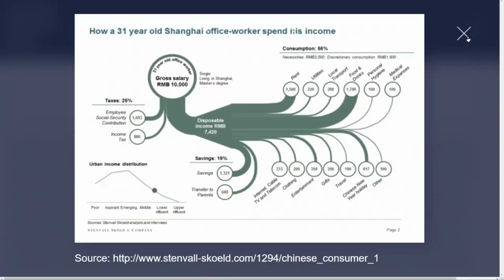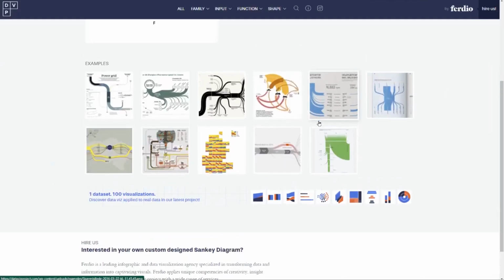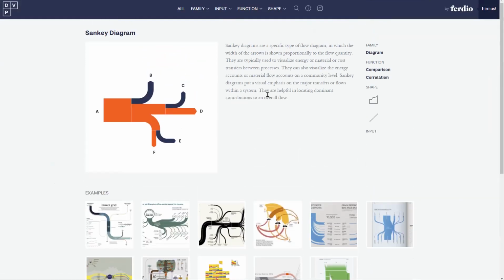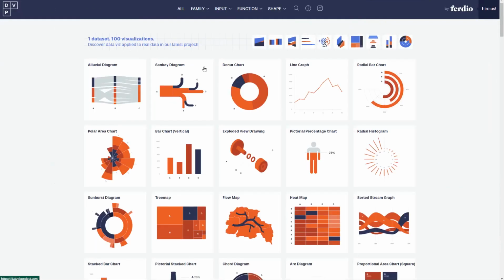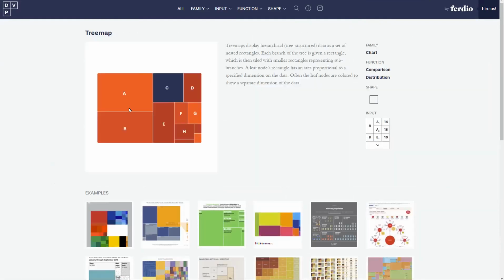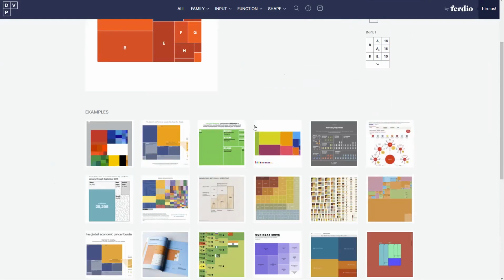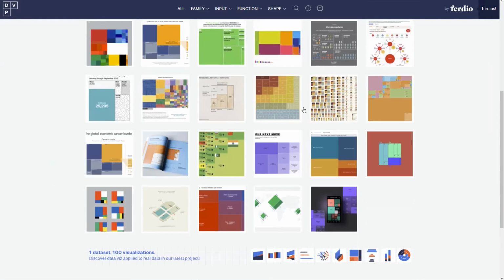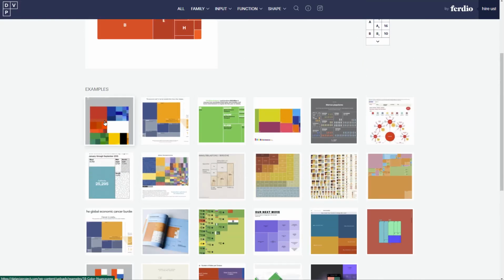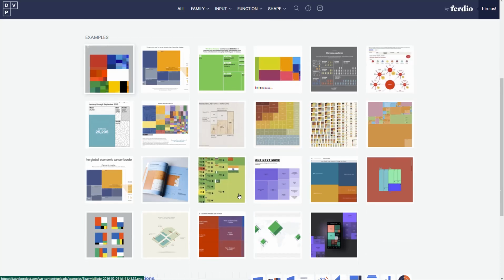Right. So these examples here, you can use to determine if this is the diagram that is appropriate, because you might see this definition and you might not be sure how I would use this diagram. The other interesting thing about this is that you can see a diagram that you know already, but used in a more creative way. So for example, this one, the tree map. Remember we saw the presentation that showed this? So tree maps display hierarchical tree structure data as a set of nested rectangles, right? So you might say, oh, this is pretty simple, but then you can see examples of how that information is used. And some of them are creative, like